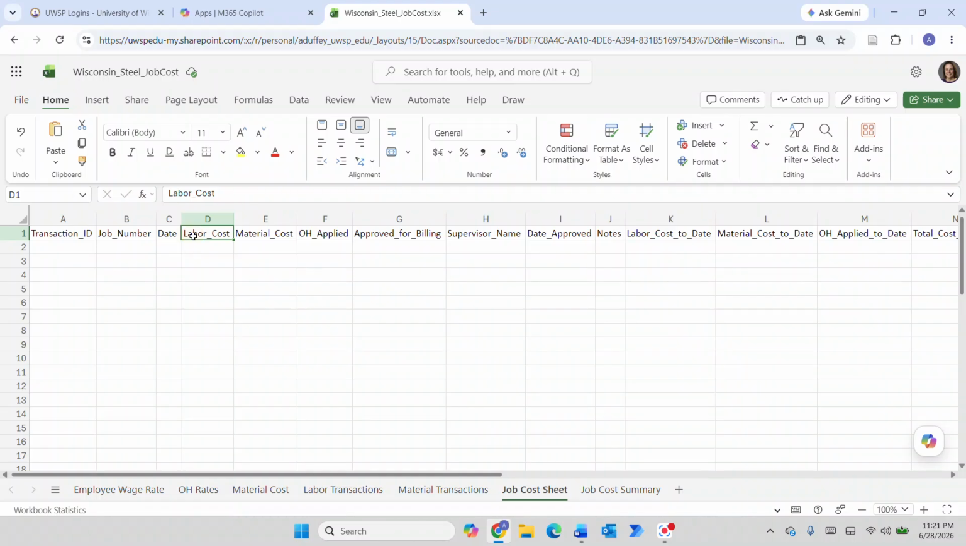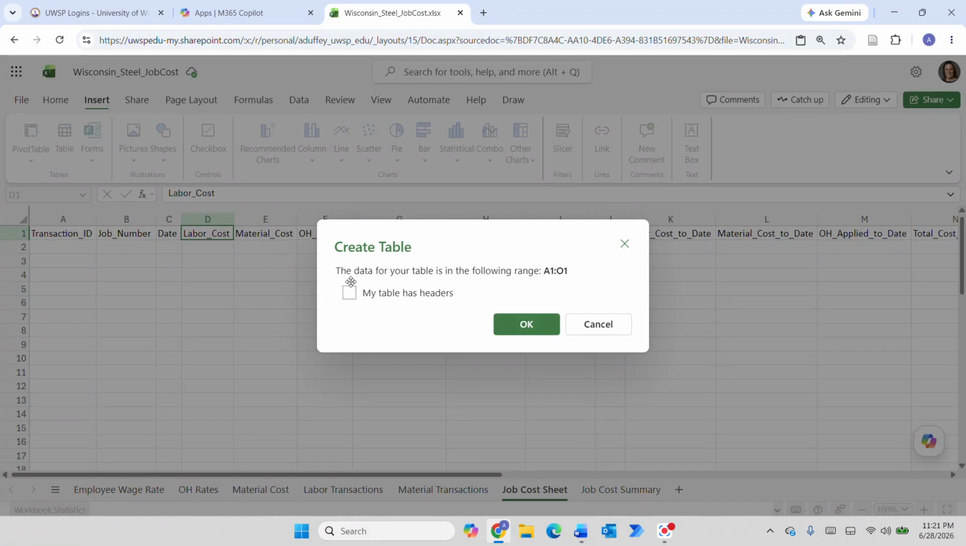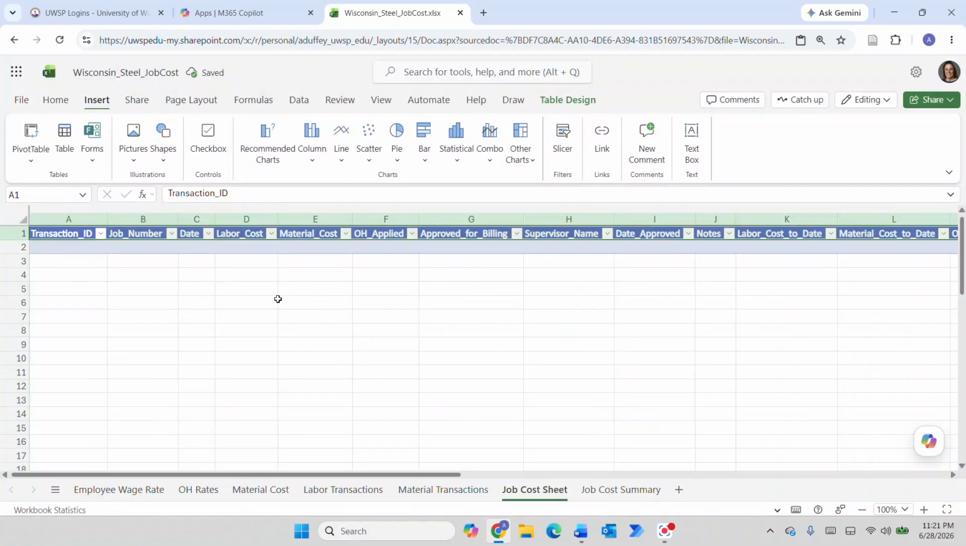Then we need to categorize this as a table. So we'll go to insert, table. My table has headers. Then we need to name our table. So we'll just click in the first or second row